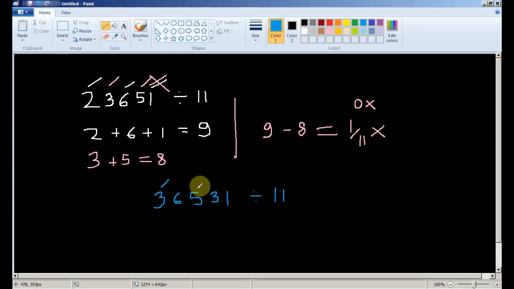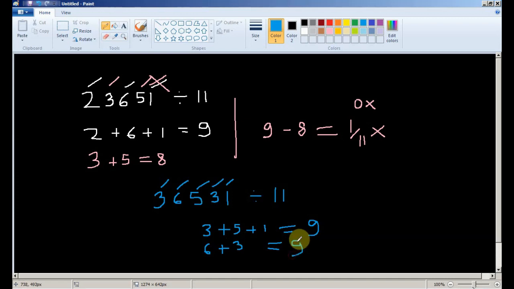So check all the odd positions. 3 plus 5 plus 1 gives me 9, and all the even positions give me 6 plus 3 equals 9.